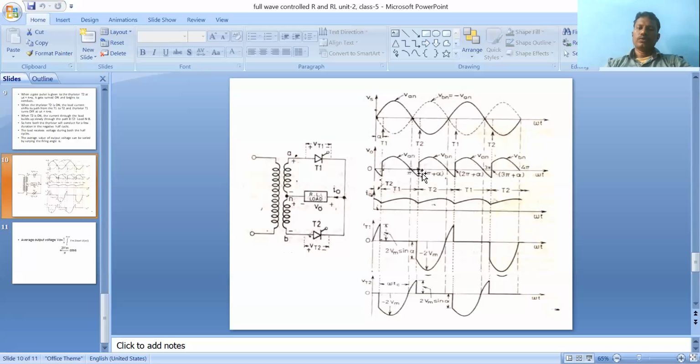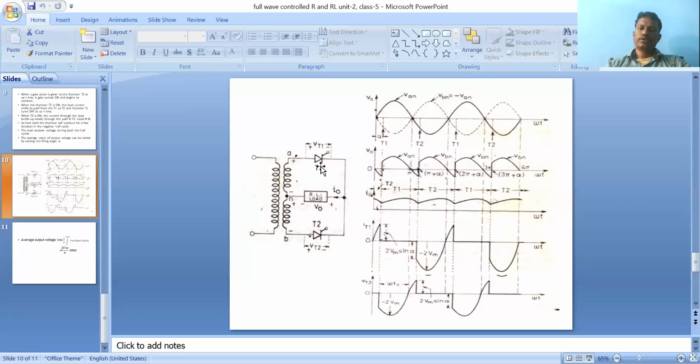So the energy is transferred directly through T1. A is negative, which means T1 is reverse biased. A is negative, what about B? B is positive, so positive is connected to the anode of T2, and T2 comes in the conduction state at the time of alpha, same as before. Like that the waveforms will be presented.